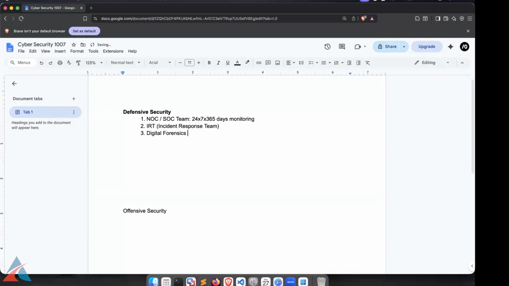Okay, so these are the basic, most important teams in cybersecurity which are on the defensive side. With an example, I've explained what exactly their work is. So if you guys have any questions, I'll address them first, and then we'll go to the next part, which is offensive security.